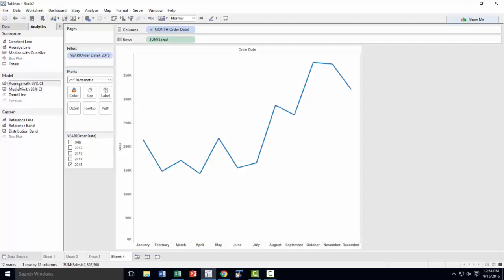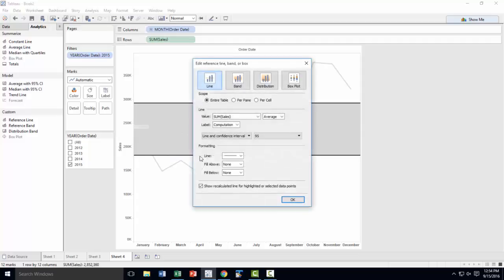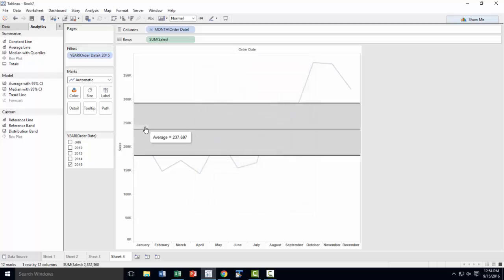The average with 95% confidence interval, again, so this gives you the average and 95% confidence interval, and you can go and change the confidence level and add labels and text and everything like what we have done previously. So this is for the average,